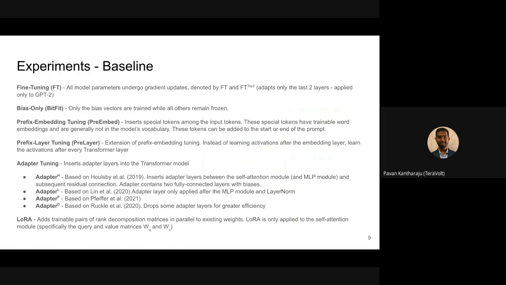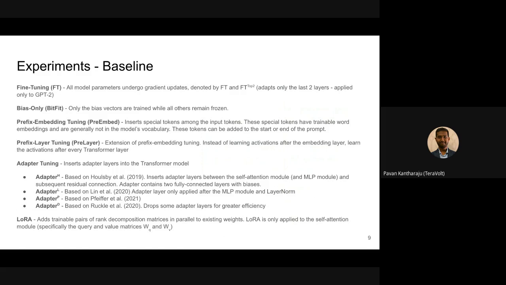There's also the prefix tuning, and essentially this is training a word embedding model for special tokens, and then inserting those special tokens into your input. They also did have an extension of that where